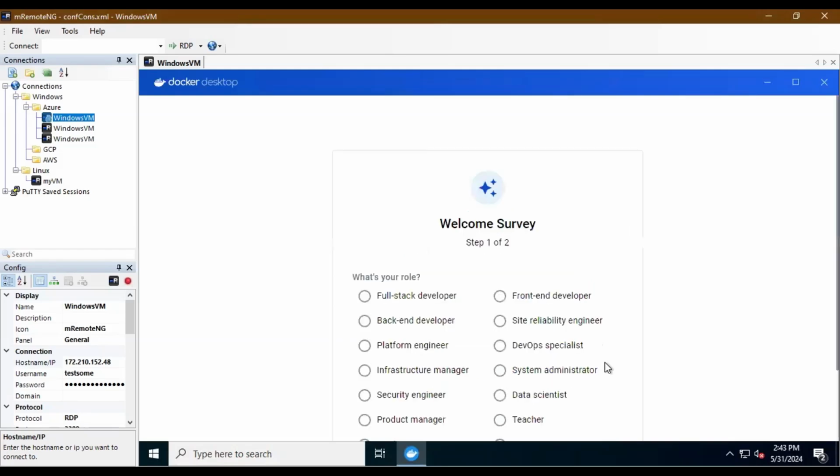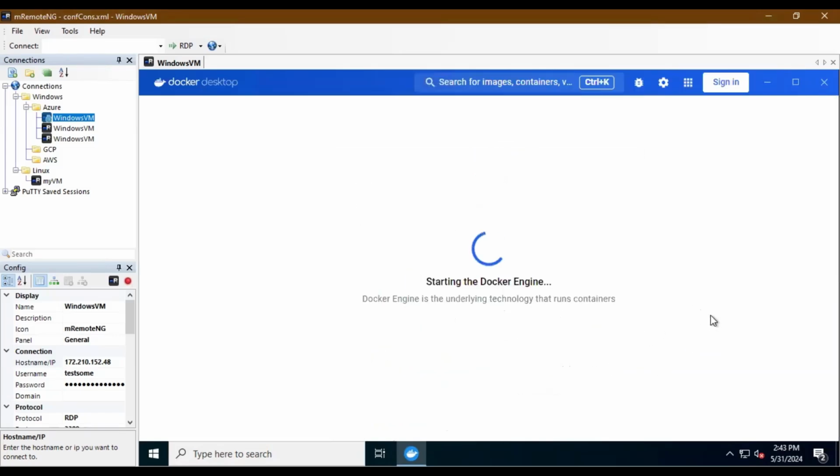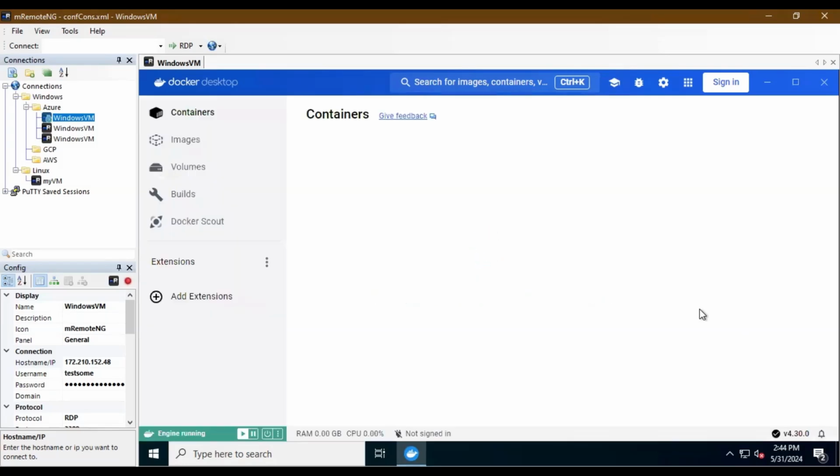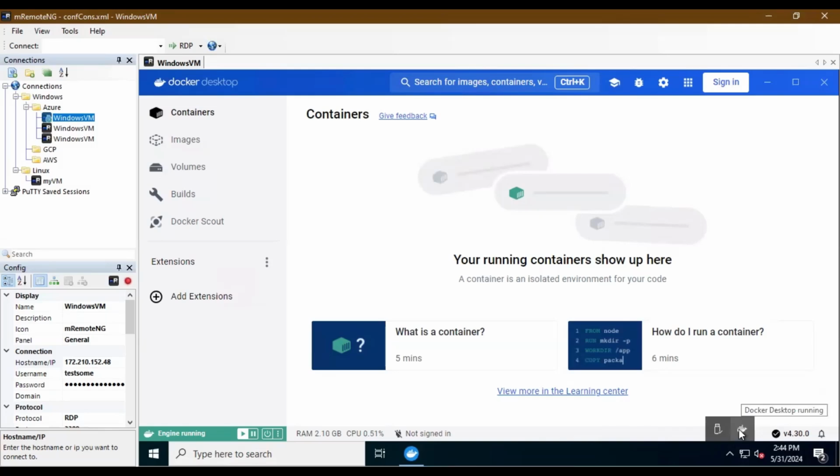So for now, we are continuing without signing in, and we are skipping this survey as well. And now it is starting the Docker engine. All right. So our Docker engine got started,